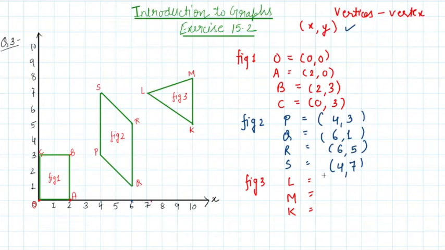L, x is 7 units. And how much on y? Again it is 7 units. So the coordinates of L will be 7 and 7. Now on M, x is how much? 10. And how much is y here? 8. So 10, 8. Last vertex K. X is again 10 and if you see K, y is 5. So it is going to be 10 and 5. So this is how we have written the coordinates of all the vertices of the 3 given figures in this question. Now there is a last question in this exercise which is about true or false.